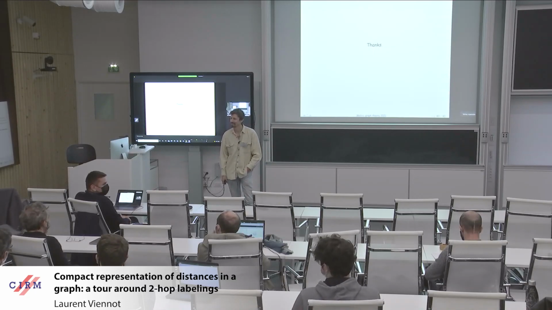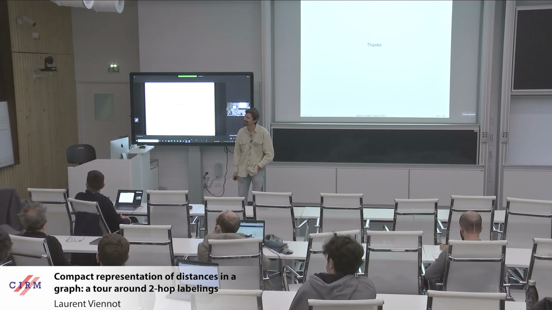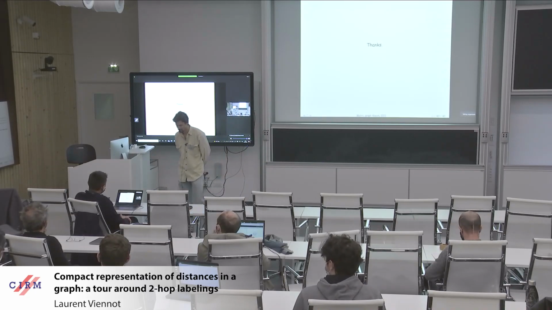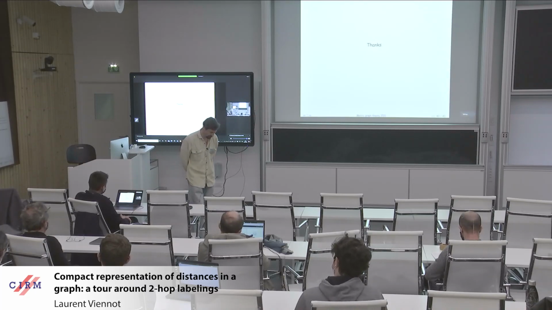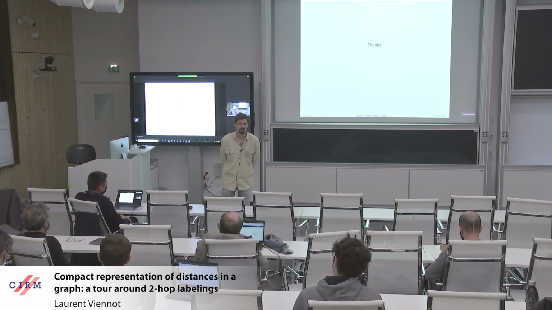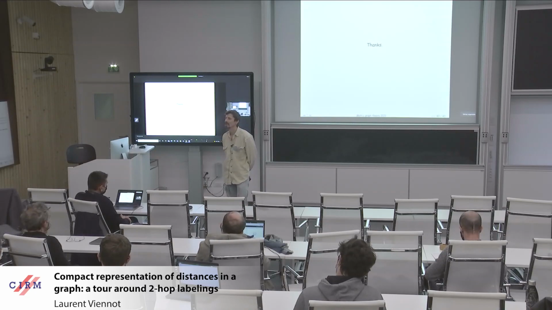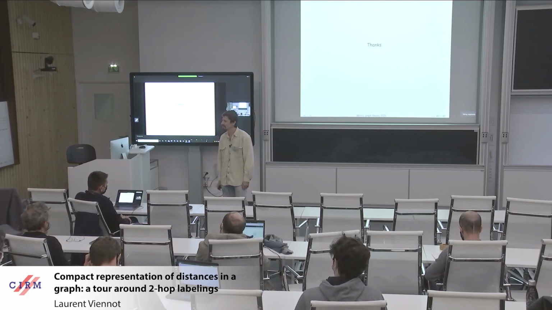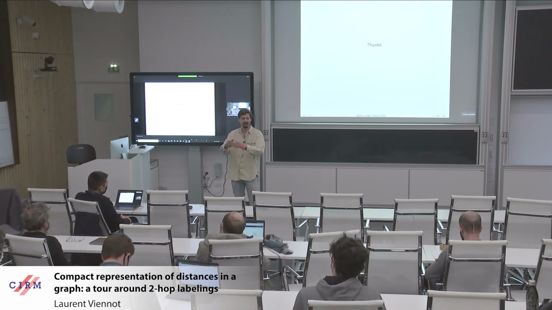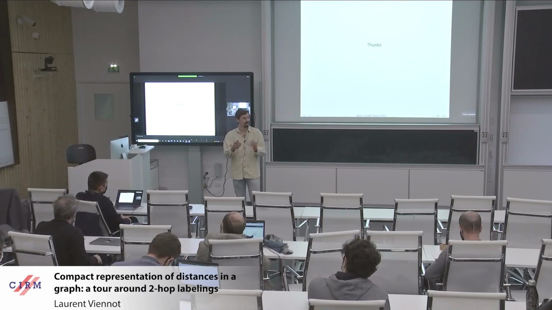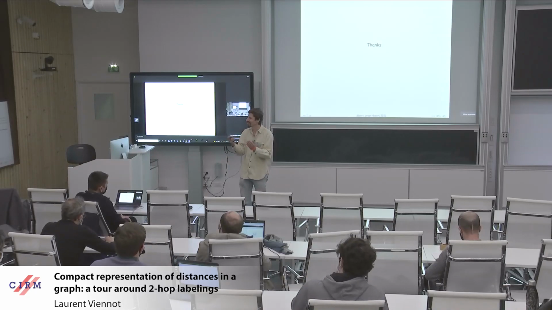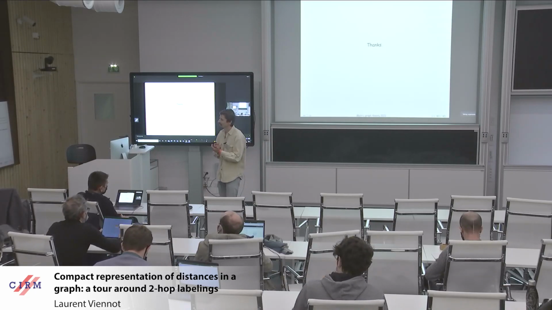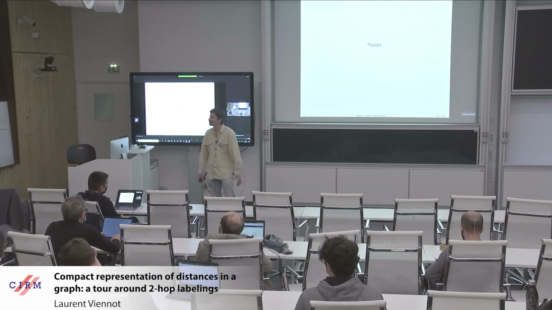Okay, maybe I have a very short question. What about social networks like Barabási-Albert graphs? Do you know anything about the skeleton dimension there? I think it's bad because, first of all, skeleton dimension is lower bounded by degree. If you look at the ball of radius 1/2, the cut is the number of neighbors. So skeleton dimension is at least the degree.